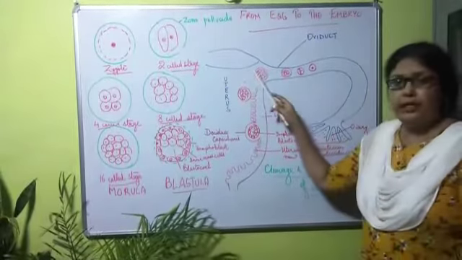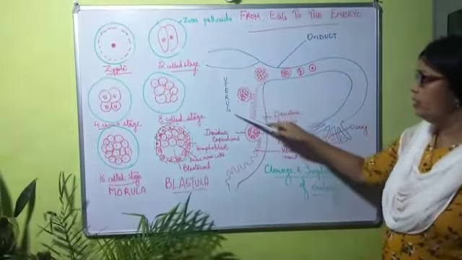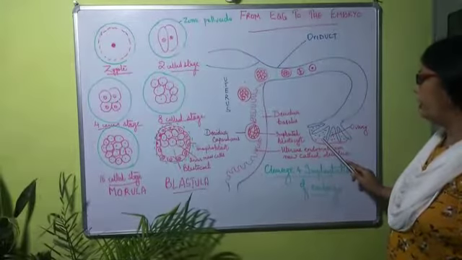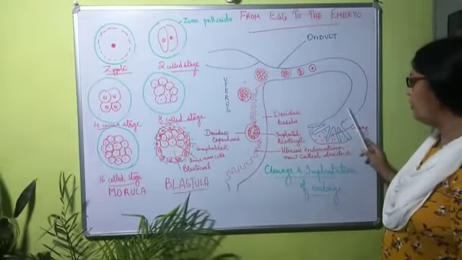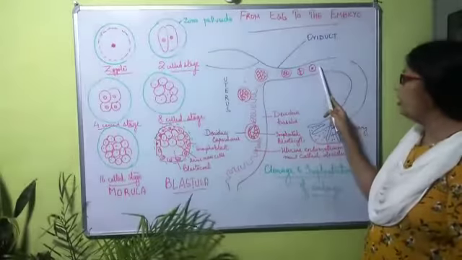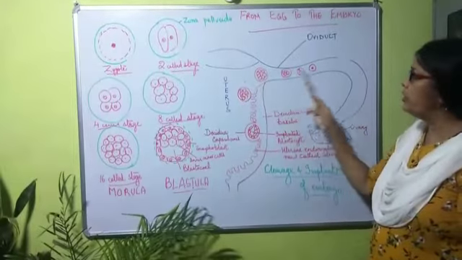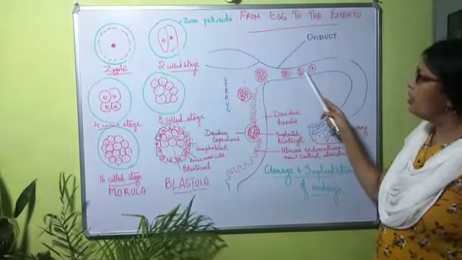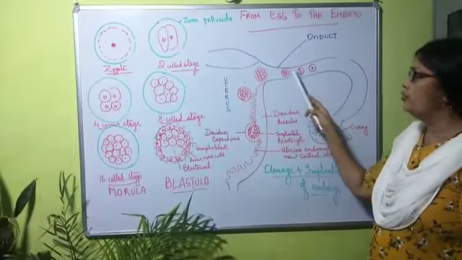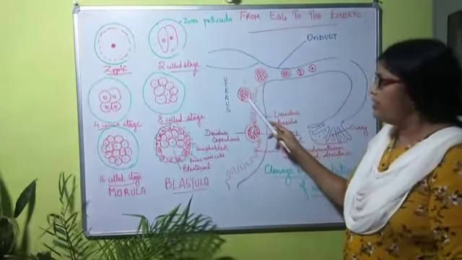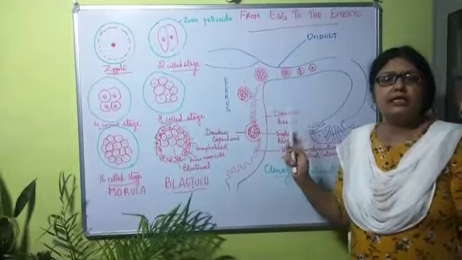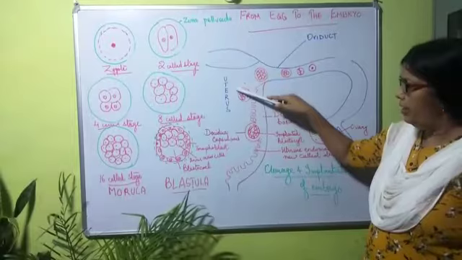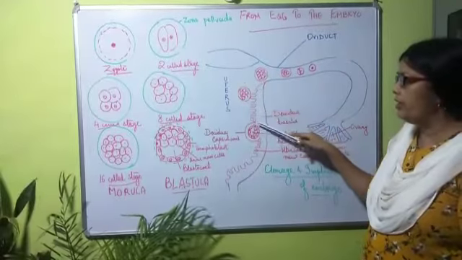Now I'll explain this diagram. You can see this is the uterus, this is the oviduct, and as I told you, after ovulation the ovum is picked up and it is transferred into the fallopian tube. Then sperms fertilize the egg, and this is the fertilized egg or the zygote. The zygote undergoes cleavage divisions 2, 4, 8 and 16, and when it reaches the 16 cell stage, you call it the morula. The morula floats here in the uterus for 2 days, and on the 7th day gets implanted or fixed in the endometrial lining,